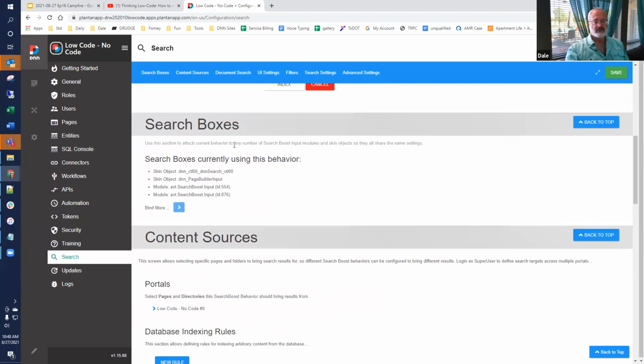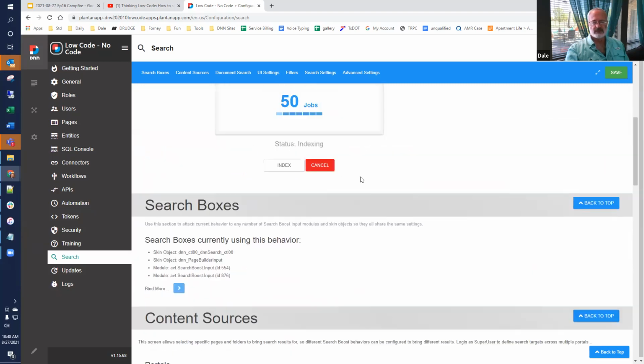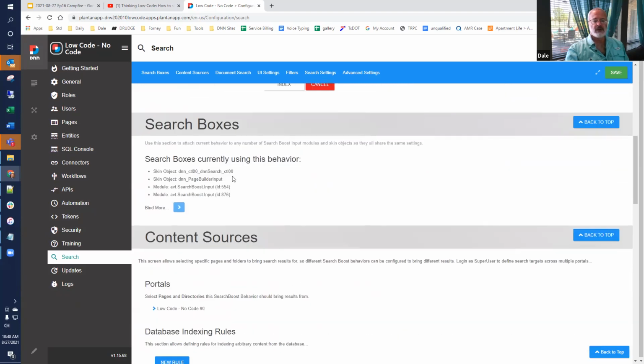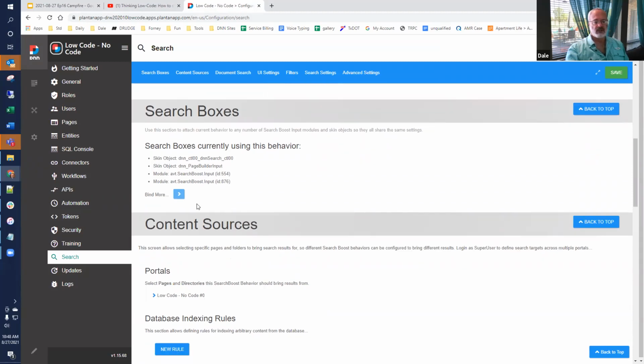So on this behavior, site, what is it called? Site search. This one is connected to all these different search boxes, like the search box that appears at the top of the screen, and search boxes I've dropped on various pages. This is their item name from settings, so you can make these be more useful.